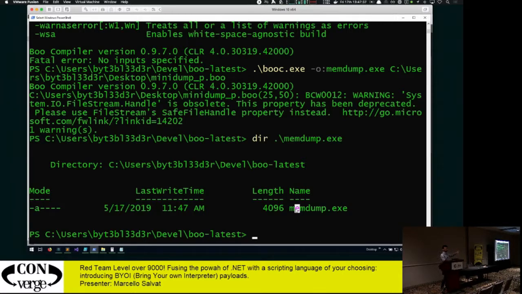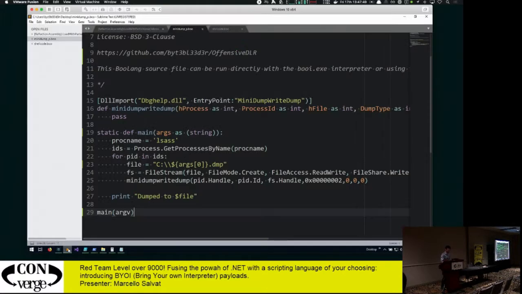Because I just edited something through Sublime Text as opposed to installing Visual Studio, getting familiar with Visual Studio, getting familiar with C#, and then getting this ready. So it's a lot faster and easier, and it allows you to write really quick payloads on the fly that'll just run everywhere. And just to give you an idea that this works,